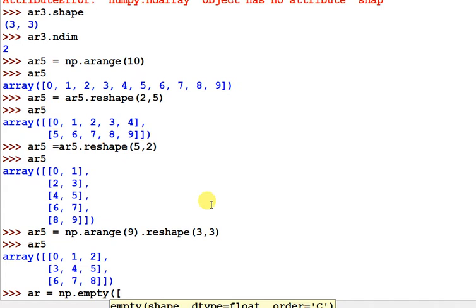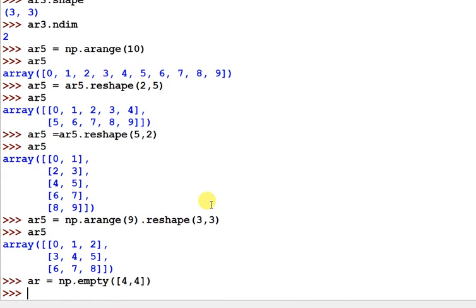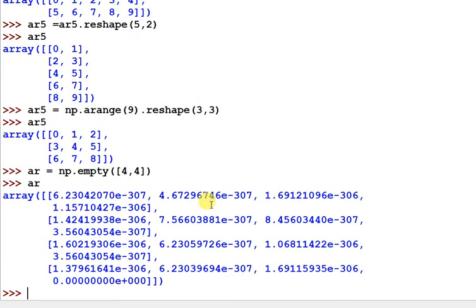So I am passing 4,4, and by default the data type is float, so it just creates an empty 4 by 4 array, and all values are initialized with garbage values.